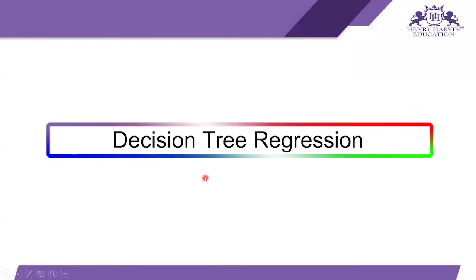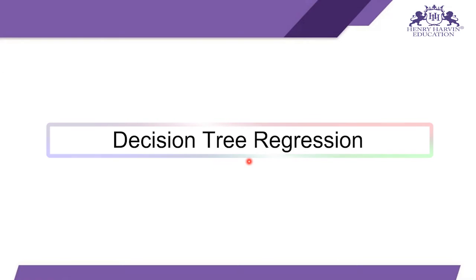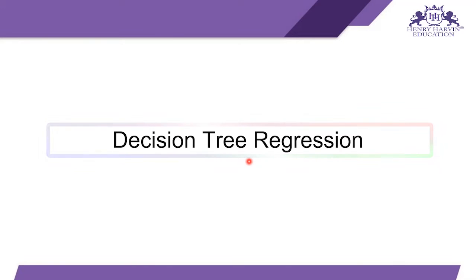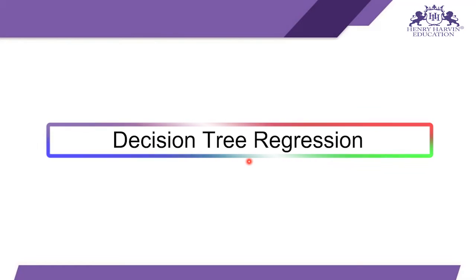Guys, how are you? In today's session we are going to talk about decision tree regression. Decision tree regression comes under the machine learning algorithm of decision tree, and this algorithm is used to solve regression type problems, where we have to predict values or numbers. For example, if you predict a house price, weather, or temperature, at that time you can use the decision tree regression algorithm.